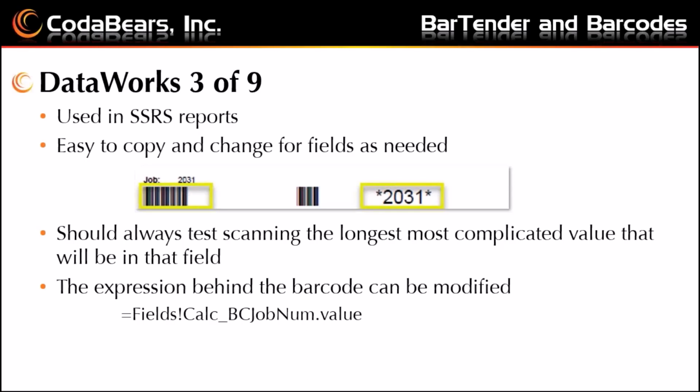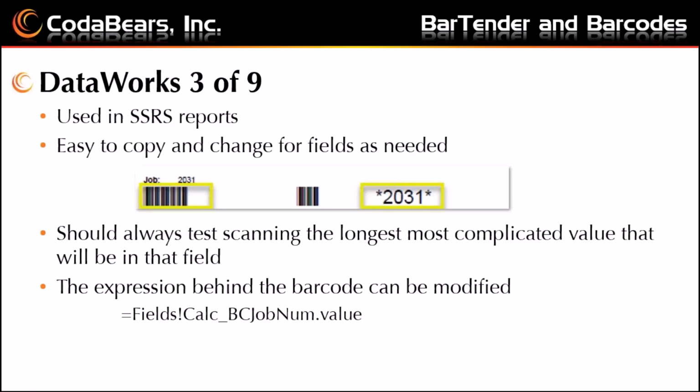So DataWorks 3 of 9, we mentioned it's used in SSRS reports. It's easy to copy and change for fields as needed. Here we show an example again of the job number, and then that's the barcode with DataWorks 3 of 9. And this is what the actual data for that job number is, because here we can see Epicor uses a calculated BC job number value. So this is what Epicor is actually sending to the report and will be in the DataWorks 3 of 9